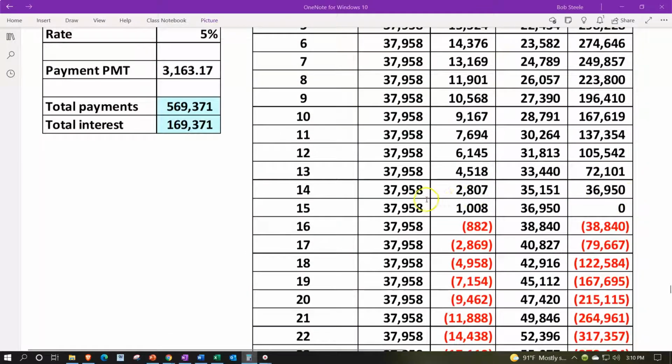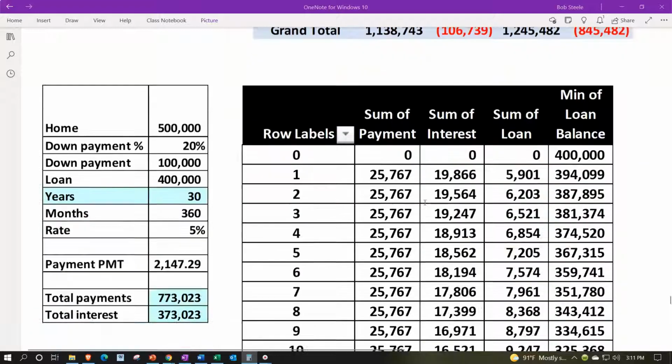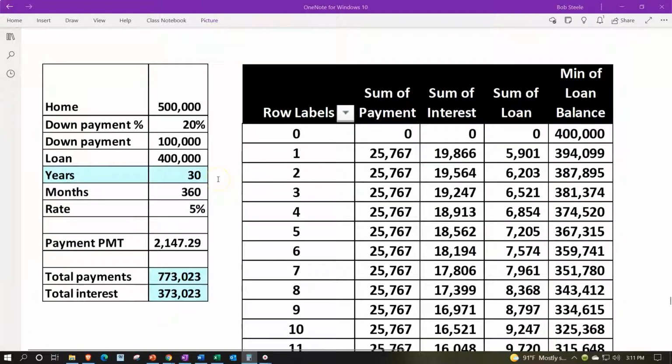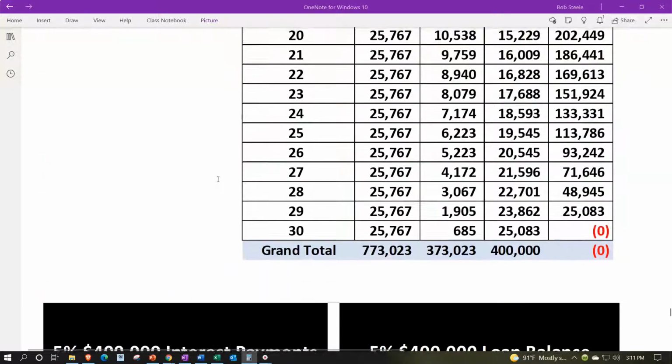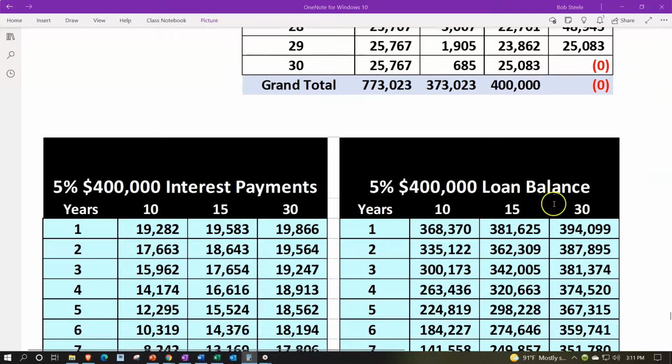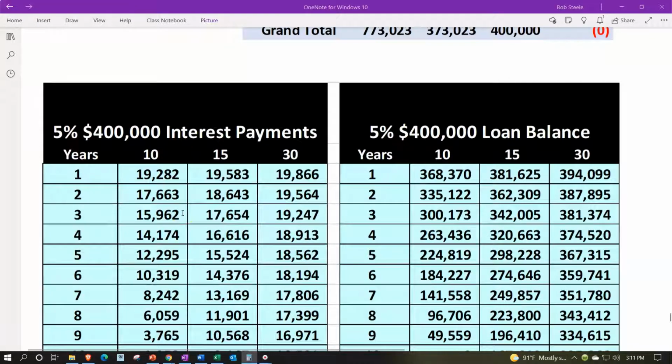It's going to give us the information we need, hopefully. We have 30 years. We could do the same kind of thing. Of course, here's the 30-year data going down to 30, and we might use that information, adjusting the pivot table, to then put together other tables and worksheets that would look something like this. So, for example, if we kept the loan at 5% stable, $400,000 loan, or I'm not sure if that was the balance of the home or the loan, but if we kept that constant and then we changed the terms,